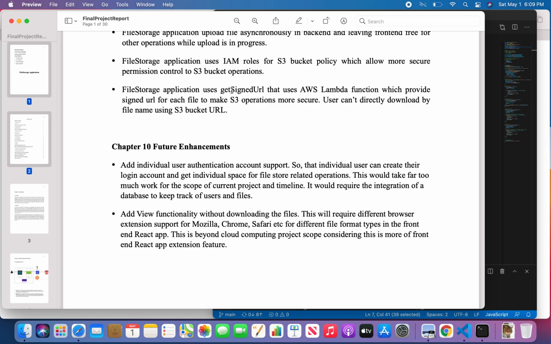Using IAM roles, my S3 bucket policy is more secure, and I can control the permissions to the S3 bucket itself. And apart from that, we are using an AWS Lambda function. With the AWS Lambda function, I'm able to access the get signed URL part of S3. This get signed URL provides a signed URL for all the objects configured in my